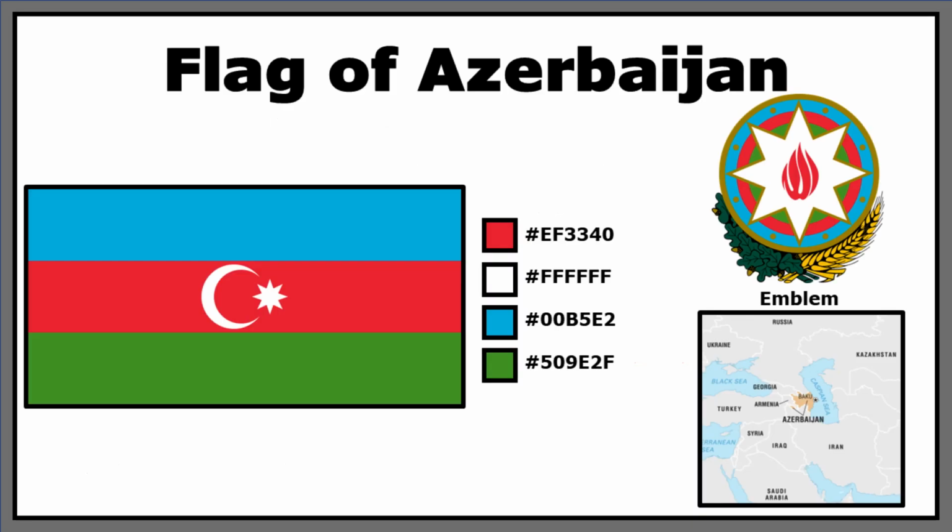The flag of Azerbaijan is a horizontal tricolour of cyan, red and green, with a moon and star in white in the centre. The interesting shade of blue represents Turkic heritage, and the red and green represent progress and Islam respectively. You'll see that the emblem makes use of the national colours, and the sheaf of wheat that frames the central design bears a strong similarity to other Soviet or post-Soviet emblems. The stylised flame in the centre is shaped in a way to form the word Allah, written in Arabic, to demonstrate the country's majority religion once again.